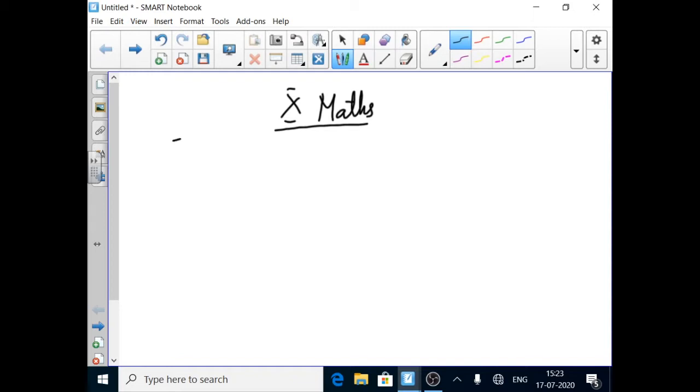Today we are going to see the exercise 5.3 continuation. In this exercise 5.3, we are going to see the fifth problem. In the question, what they have given: find the value of A if the line through (-2, 3) and (8, 5) is perpendicular to y = ax + 2. So here the question they have asked, find the value of A, isn't it?